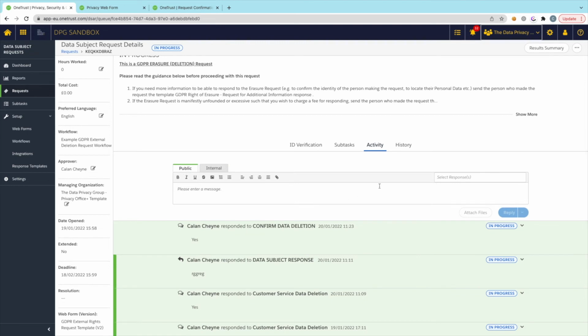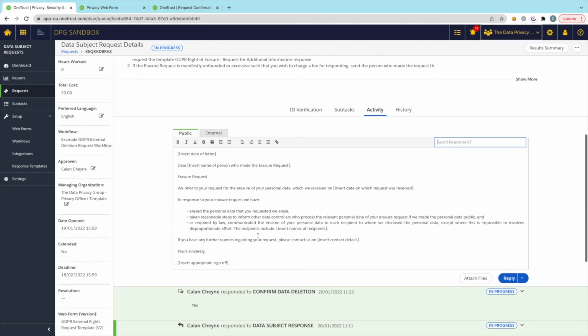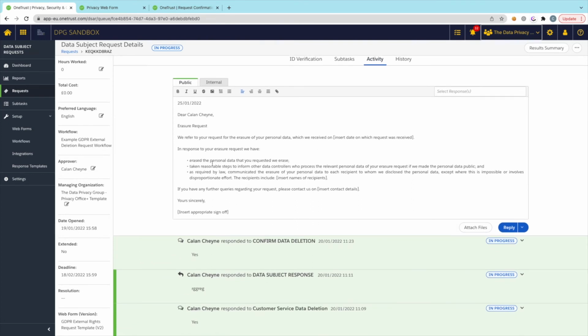The reason we do this is to make sure the data subject can see this. We're then just going to type in the response template and find it within the list of response templates. This will just copy and paste it in. Now we just need to fill in the relevant sections to ensure that it reflects the subject request. Obviously I'm just going to put my name in here, but you normally would use the data subject's request name. We're just going to go through and make sure that there is nothing in there which we need to take out or any edits that need to be made.